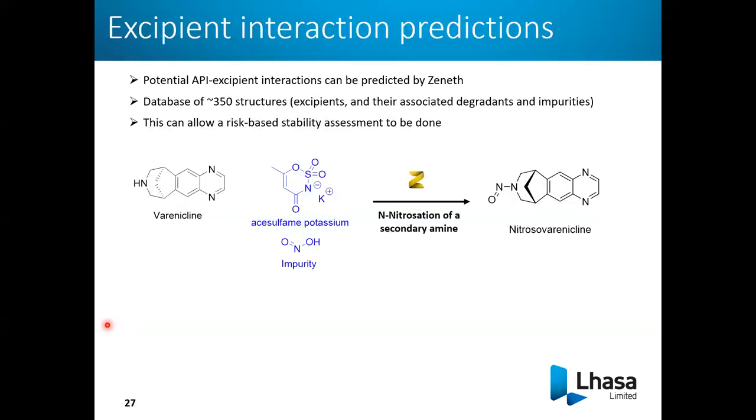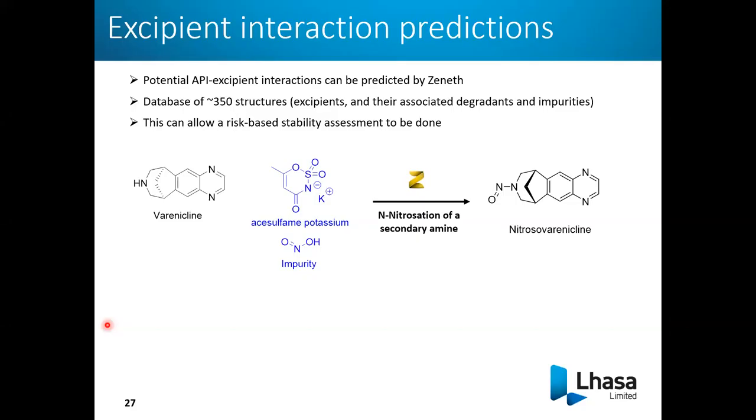My final slide in this section just aims to link those ideas around mitigating risk through knowledge of nitrite levels with knowledge from an in silico prediction. So in addition to the theoretical prediction of nitrosamines forming a degradation pathway, Zenith can also assess potential API excipient interactions, or drug substance excipient interactions, allowing more of a risk-based stability assessment to be done, i.e., is this excipient suitable in my formulation? And this is because Zenith contains a database of around 350 excipient structures, and their associated